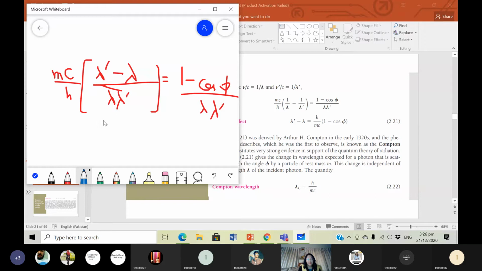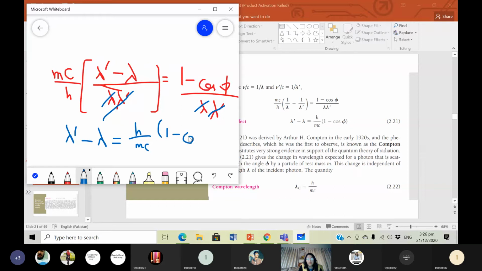Obviously, this whole thing will cancel with this whole thing. So we will get left with lambda dash minus lambda is equal to h over mc